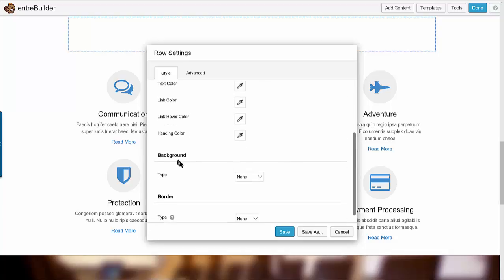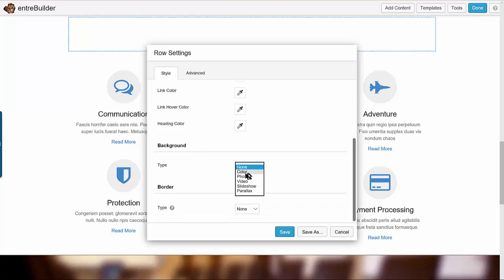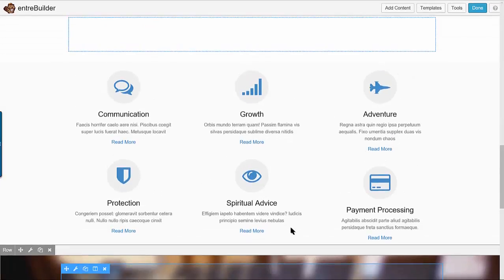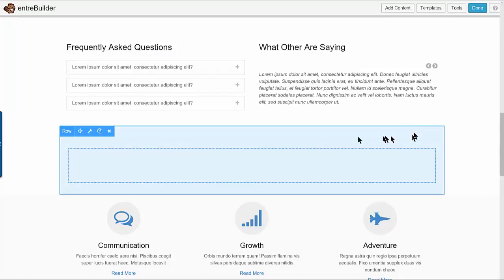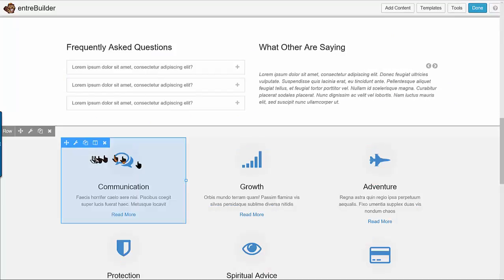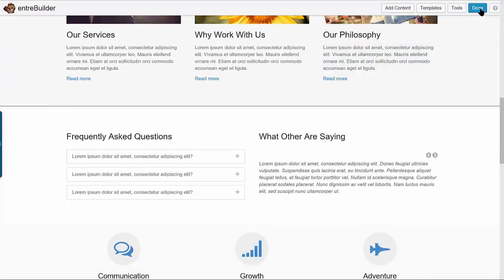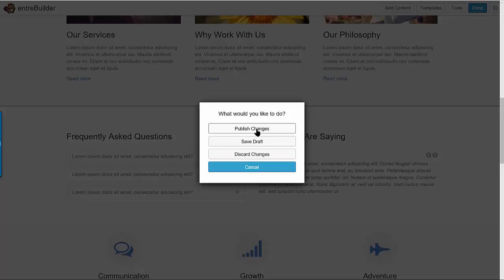So I'm going to come back down to my background. I'm going to say, well, we'll do a color again. And for the color, I'll do that same thing of just making it a little bit off-white. And obviously, if you have a color palette or whatever that you like to use, you're going to add that in there for your branding and your theming. And I'll just say save that. So now you can see that that's done, and we'll just go ahead and remove this module, and there you go. So I'm going to say done with this, and when we say done, I'm going to publish my changes,